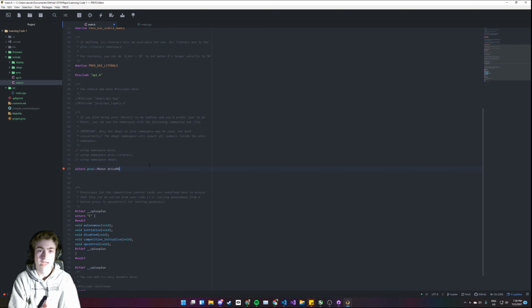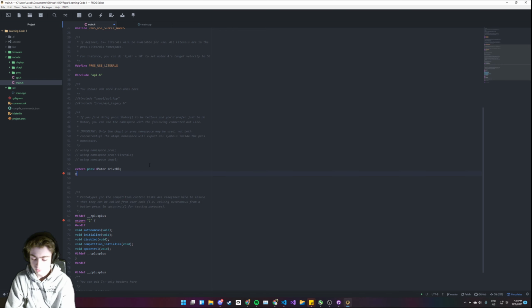As long as it's a name that is simple and you're going to remember, because especially something like your drive motors, you're going to end up typing these a lot. So if you make it like drive motor 5 right back 12, it's going to get really repetitive typing that out, and it's going to take you a really, really long time. So try to keep it to something simple like drive RB. So we're just going to keep going here with all of our definitions,